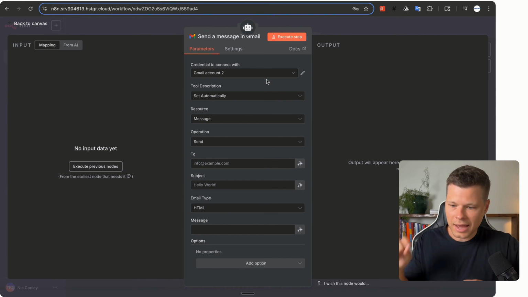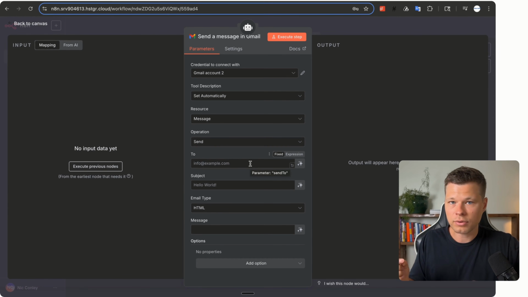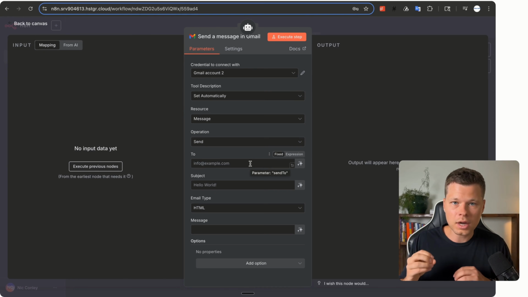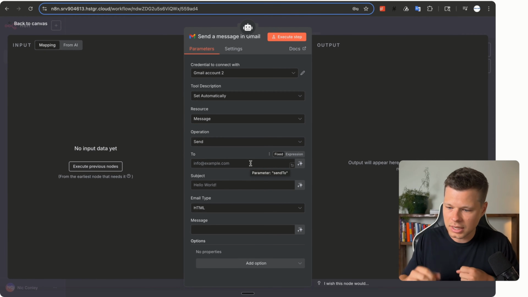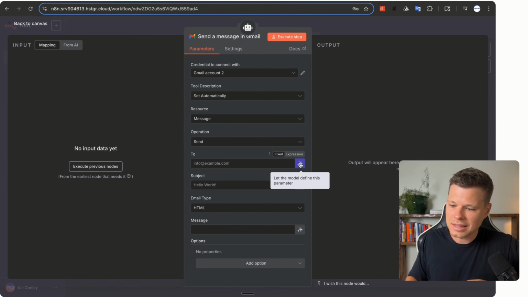Perfect. So now that you have your Gmail account connected, it should look something like this. And as you can see, resources, message, operation, we're giving it the ability to send messages on our behalf. The to section is the email that we're giving it authorization to send to. But since this is going to be different and we actually want this AI agent to be able to pull out the email from the message we send it, we're going to go ahead and click let the model define